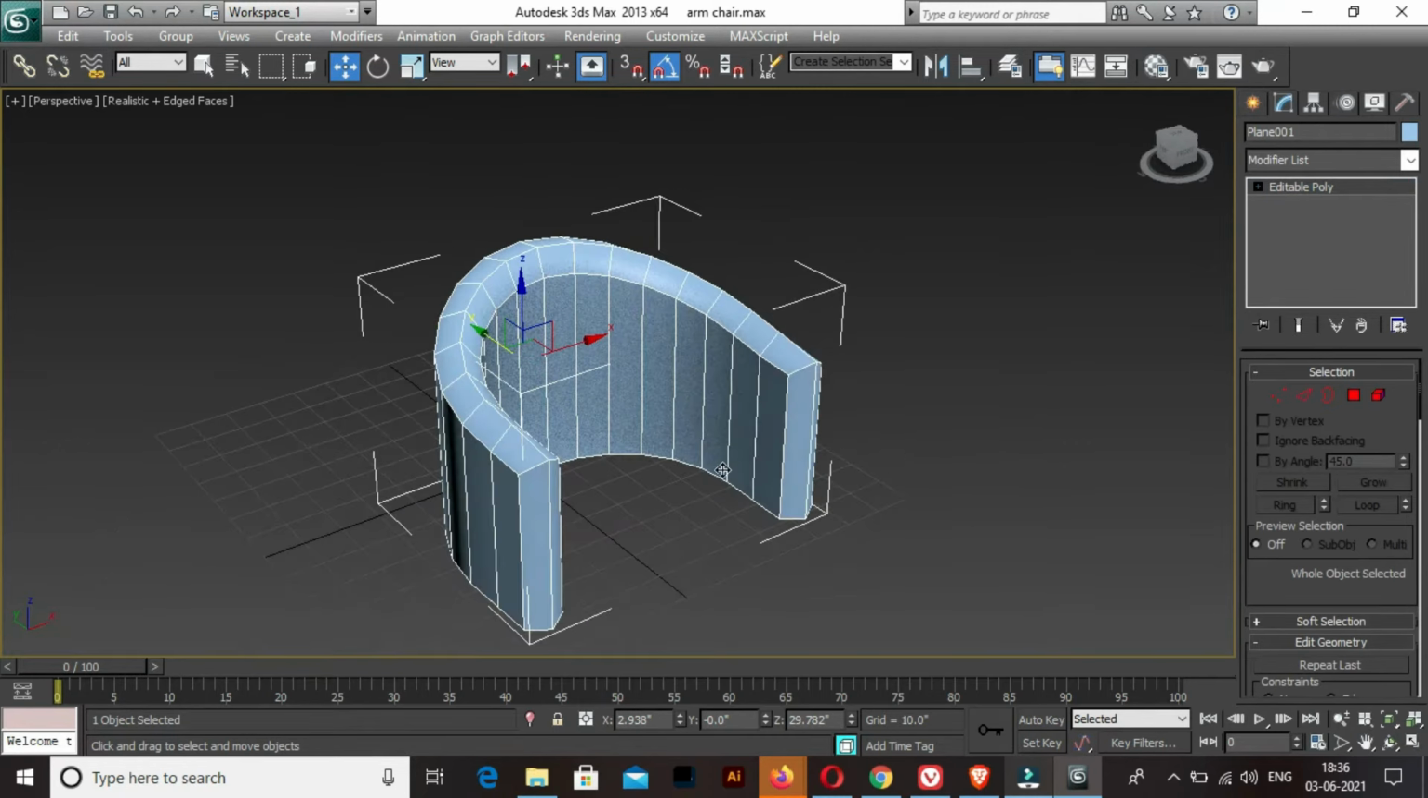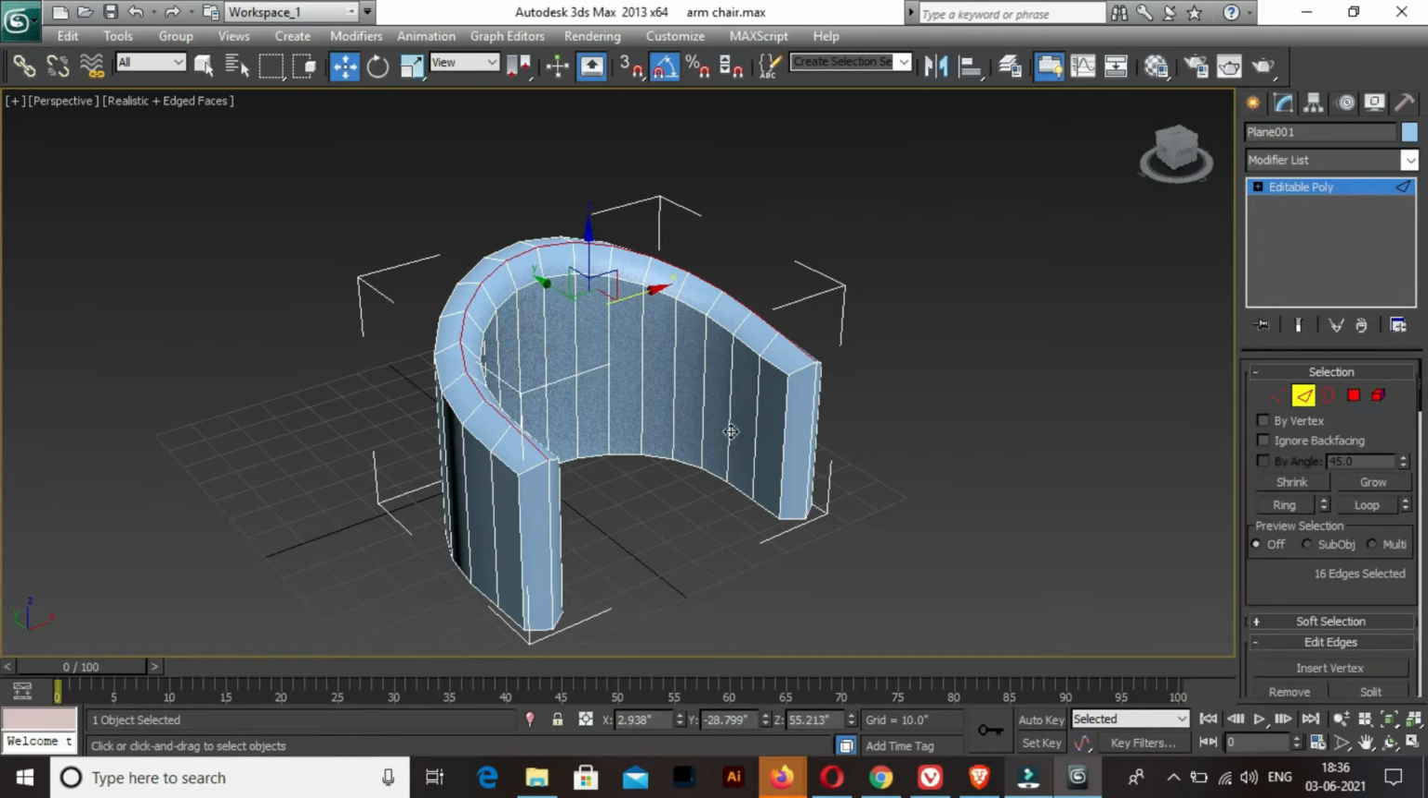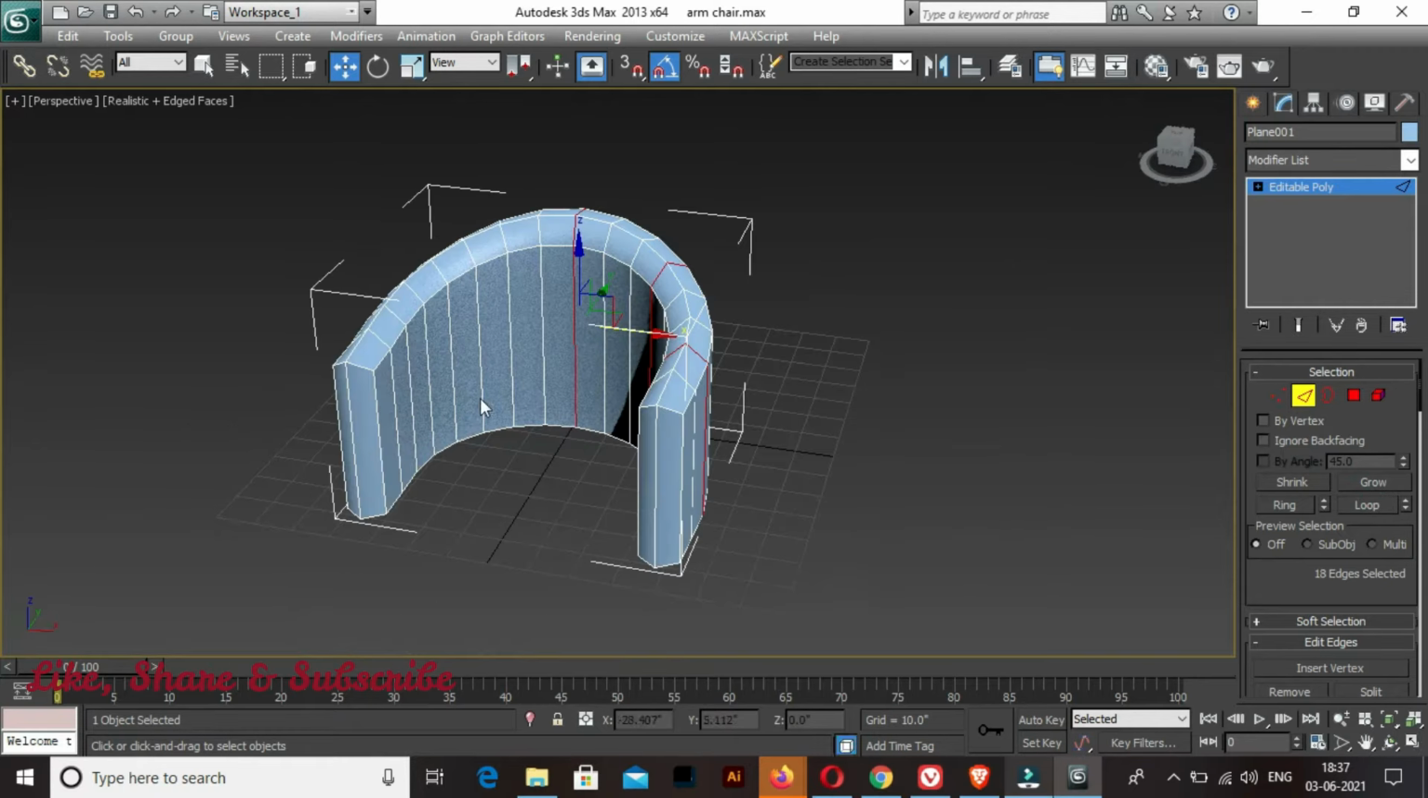Now I will select this edge and then I will do loop. I will skip a few of the edges in between and I will select some of the edges randomly. So maybe I'm skipping 2 edges in between. So once it is done,